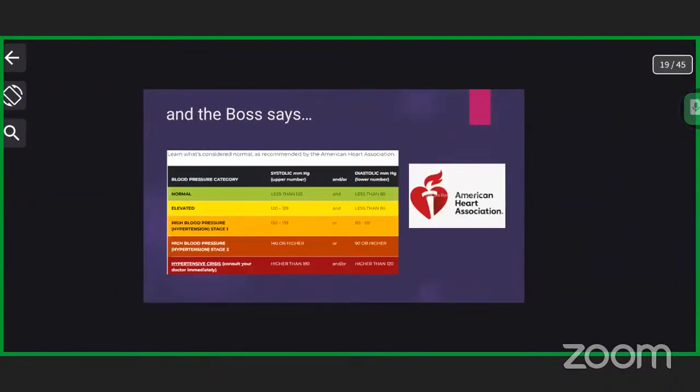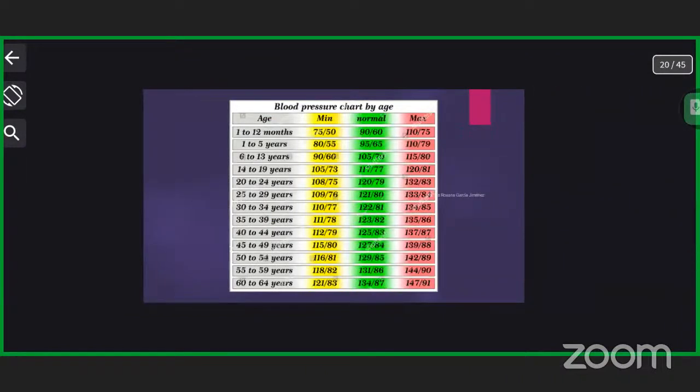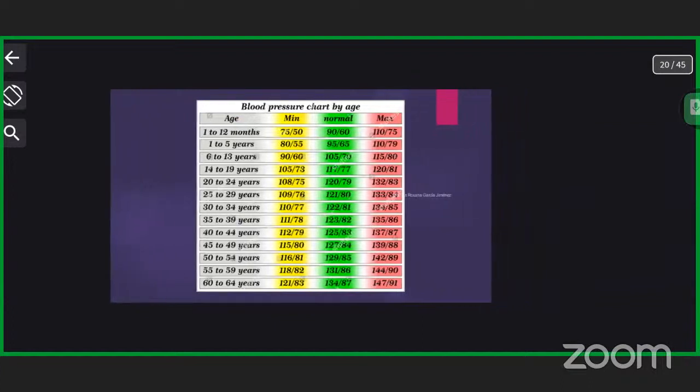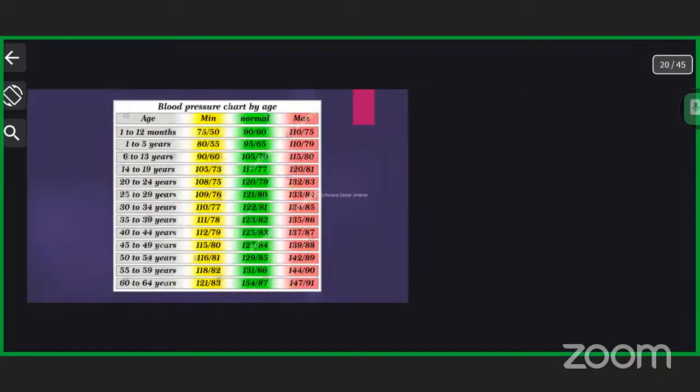And this slide has just the values from the American Heart Association, the values we consider when we talk about blood pressure. Just extra information, you can read this to pick up the vocabulary. We'll talk properly about it. Again, according to the age, how it changes, how we must consider this. And now let's go to, okay, this is from ages. To consider is the minimum, the normal, and the maximum value. And now